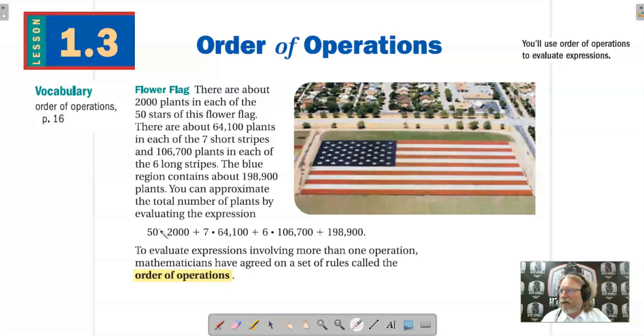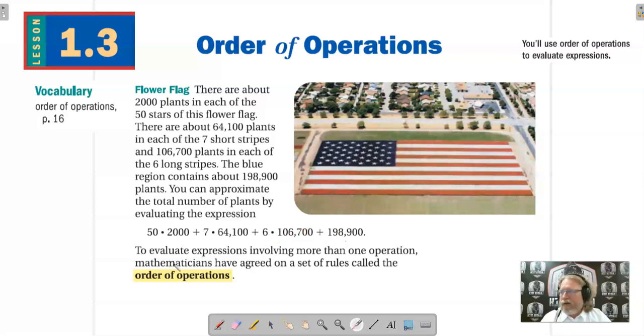plants and 50 stars. So we get the 50 times 2,000. The 7 short stripes here that have 64,100 plants each. The 6 long stripes, right here we get those 2 numbers, the 6 long stripes that have 106,700 plants in it. And then the blue region there that is the